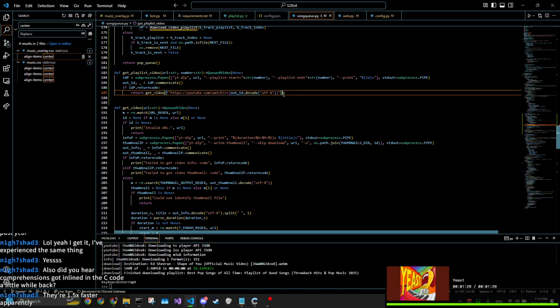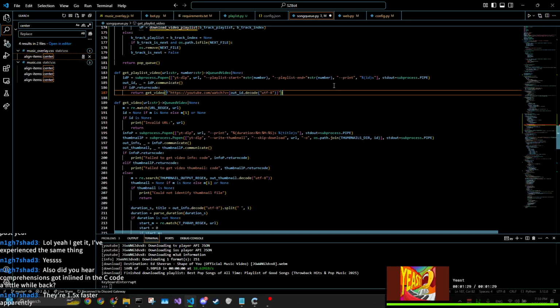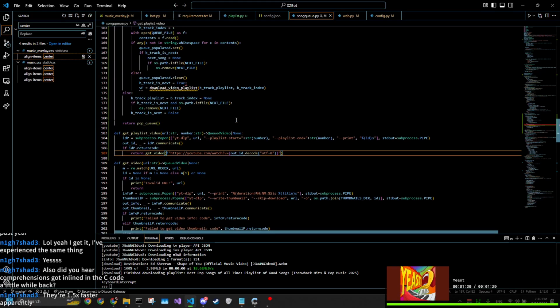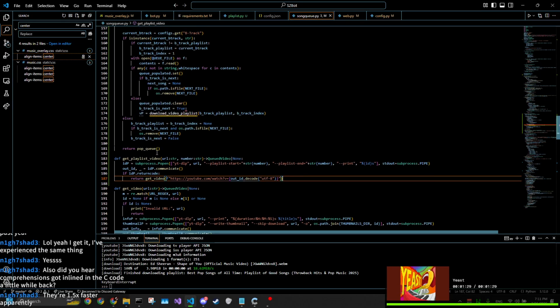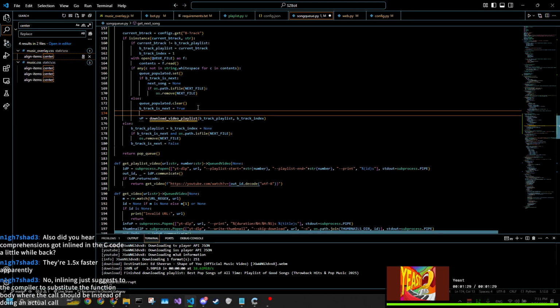Like some scope thing changed. I don't quite remember. I just remember reading, hey, comprehensions are faster now, which is always nice. Yeah, I think this should work. So instead of that,